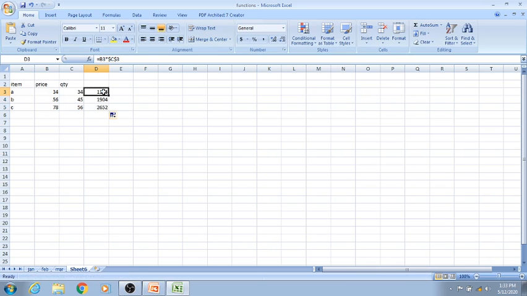Okay, say enter. And now drag it. See, B3 multiplied by C3, B4 multiplied by C3, you can see here, and B5 multiplied by C3. Is the cell changing? It is not changing. So this kind of referencing, where the row is fixed and the column is also fixed, is called absolute referencing.